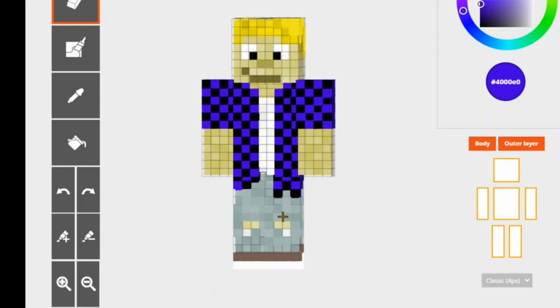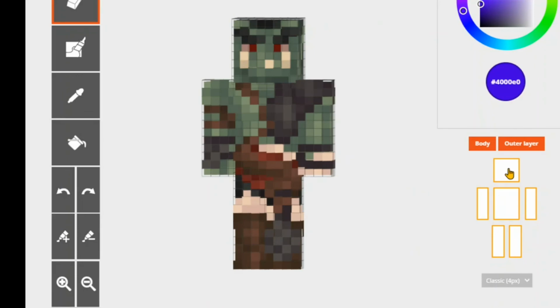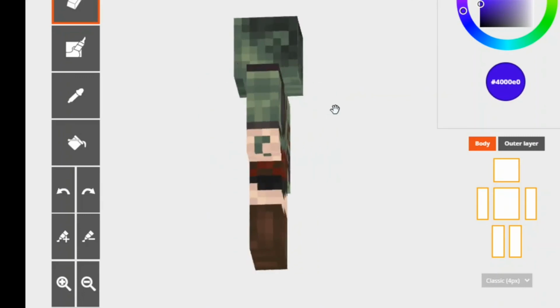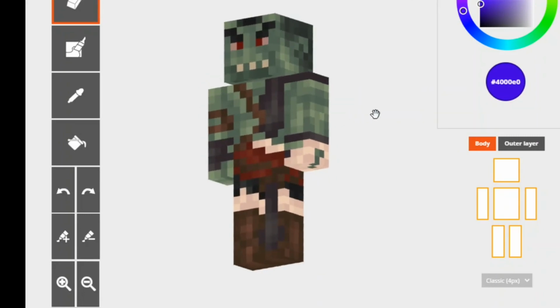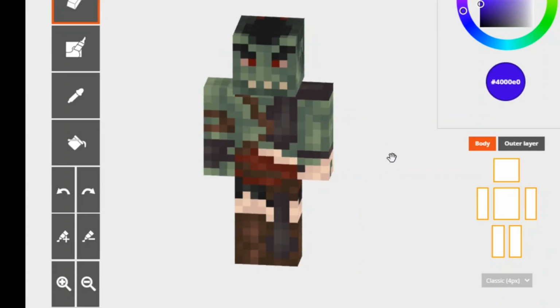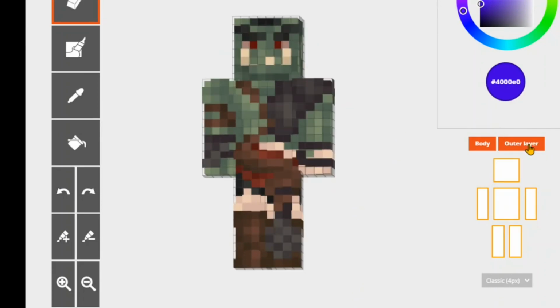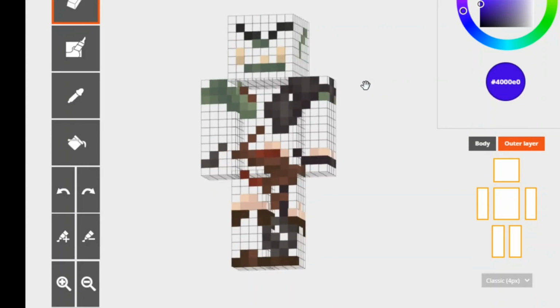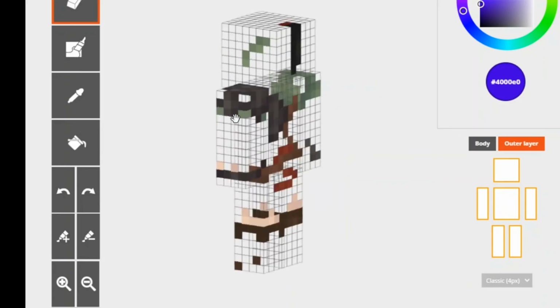Okay, now I will be moving on to a very different type of skin. This is a skin that I found on a website which had lots of skins. This is a very, very interesting skin, as you can see if I remove the outer layer. This does not look too, well, nice looking. It's just very flat, hasn't got too much detail, it's just quite odd looking. And then if I remove the body, as you can see, this is the kind of thing you want for a 3D skin. Very, very random little bits and bobs just